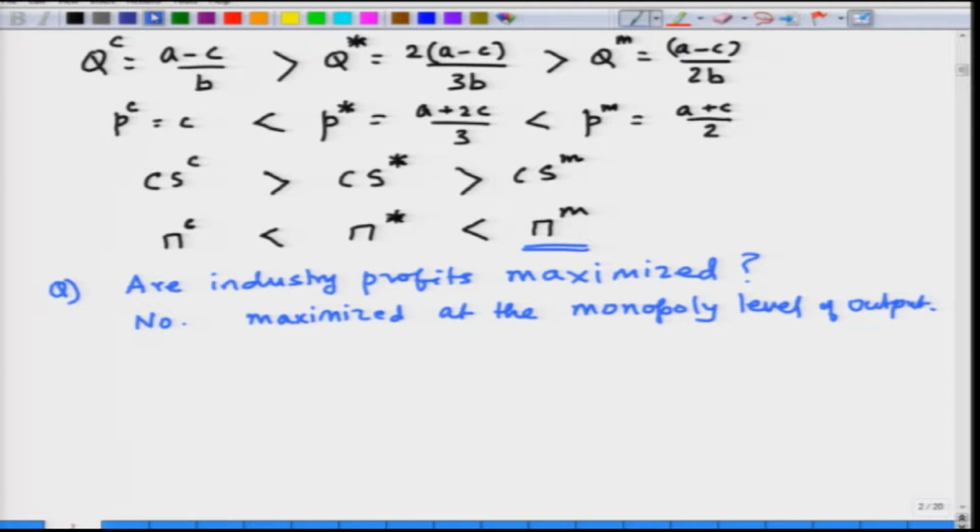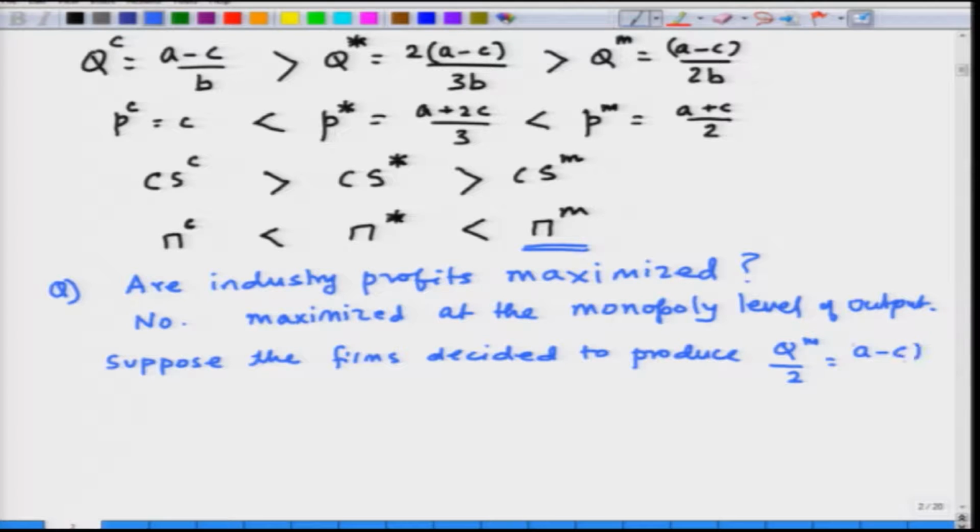So, with that in mind, let us ask, suppose the two firms decided to produce Qm divided by 2. So, essentially they decided to produce (A - C)/4B each, right. The monopoly output is (A - C)/2B, and each of these firms wants to produce half of it. In particular, suppose firm 2